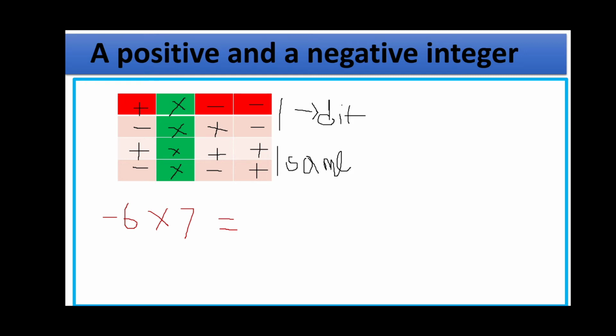That means here what rule do we have to apply? Minus into plus. The 7 has the sign plus. So minus into plus gives minus. So for our result, we will get the sign as minus. Next, normally multiply the numbers: 6 sevens are 42. So what is our answer? Minus 42 is our result. So don't forget to check the signs before doing the multiplication. If there are same signs, then we will get a positive sign, and if there is one positive and one negative, we will get a negative sign.